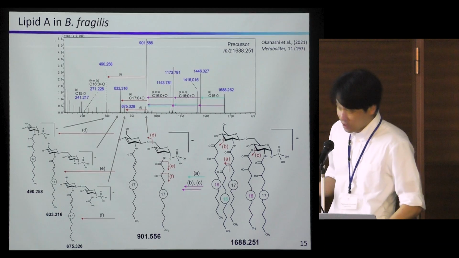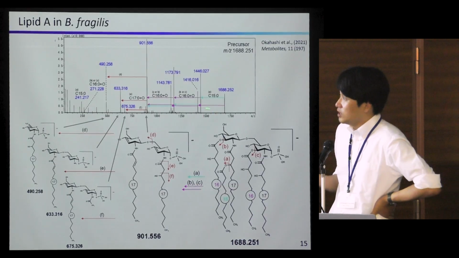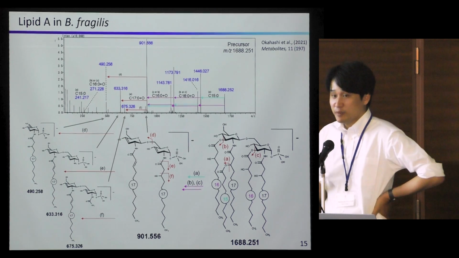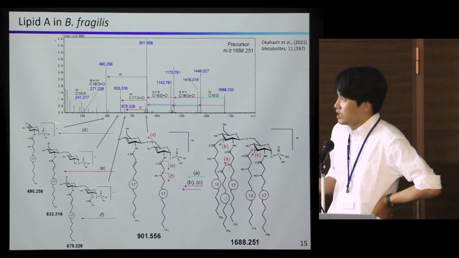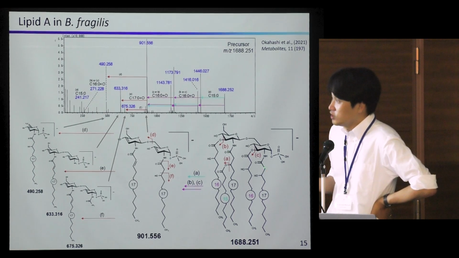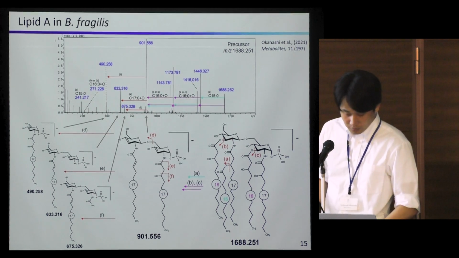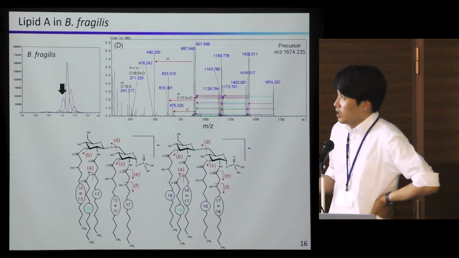This is the most abundant one. We interpreted the MSMS spectra like this, then estimated the fragment structure like this. Then we successfully estimated that this has 1 phosphate and 5 acyl chains, and the chain length is 17 or 16, and the secondary position is 15. And also,